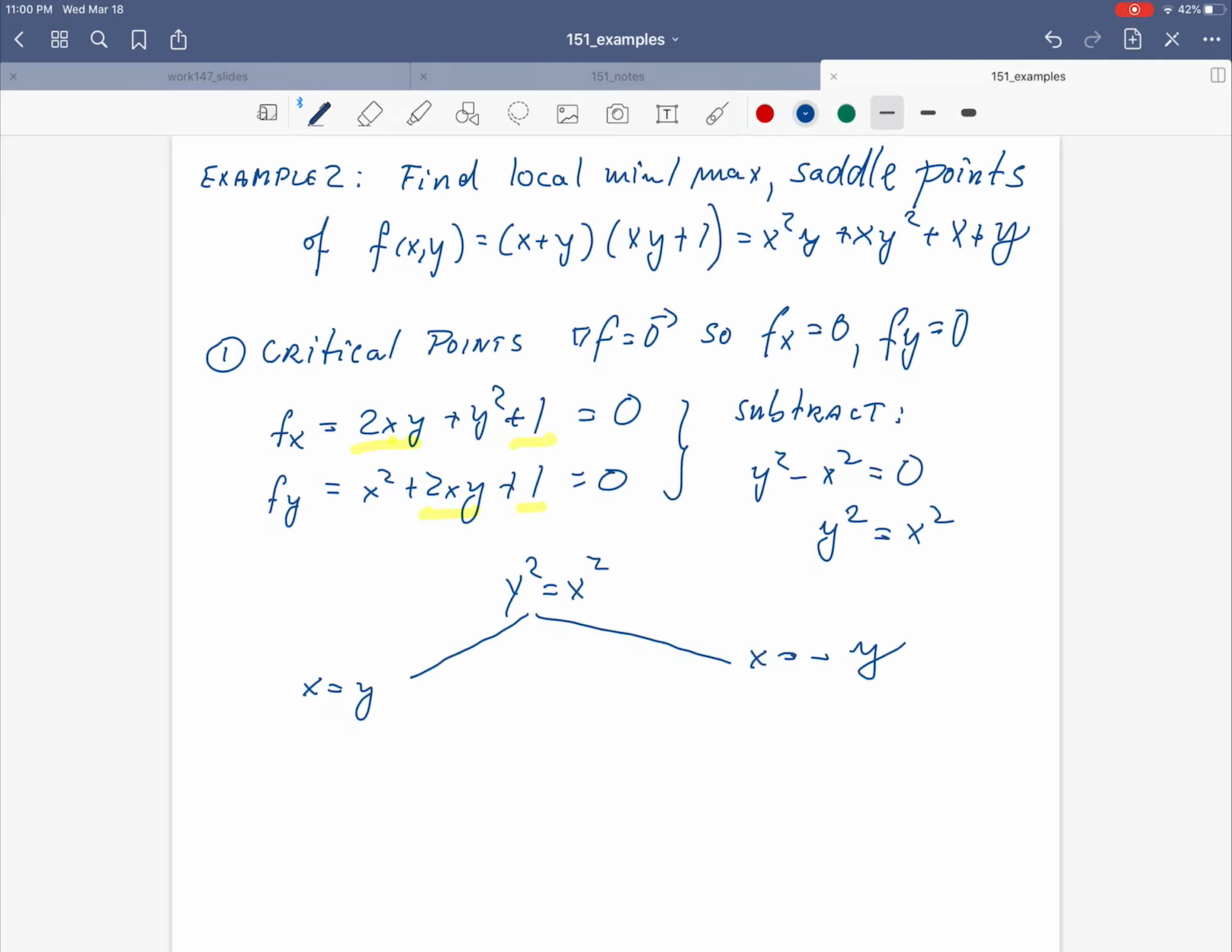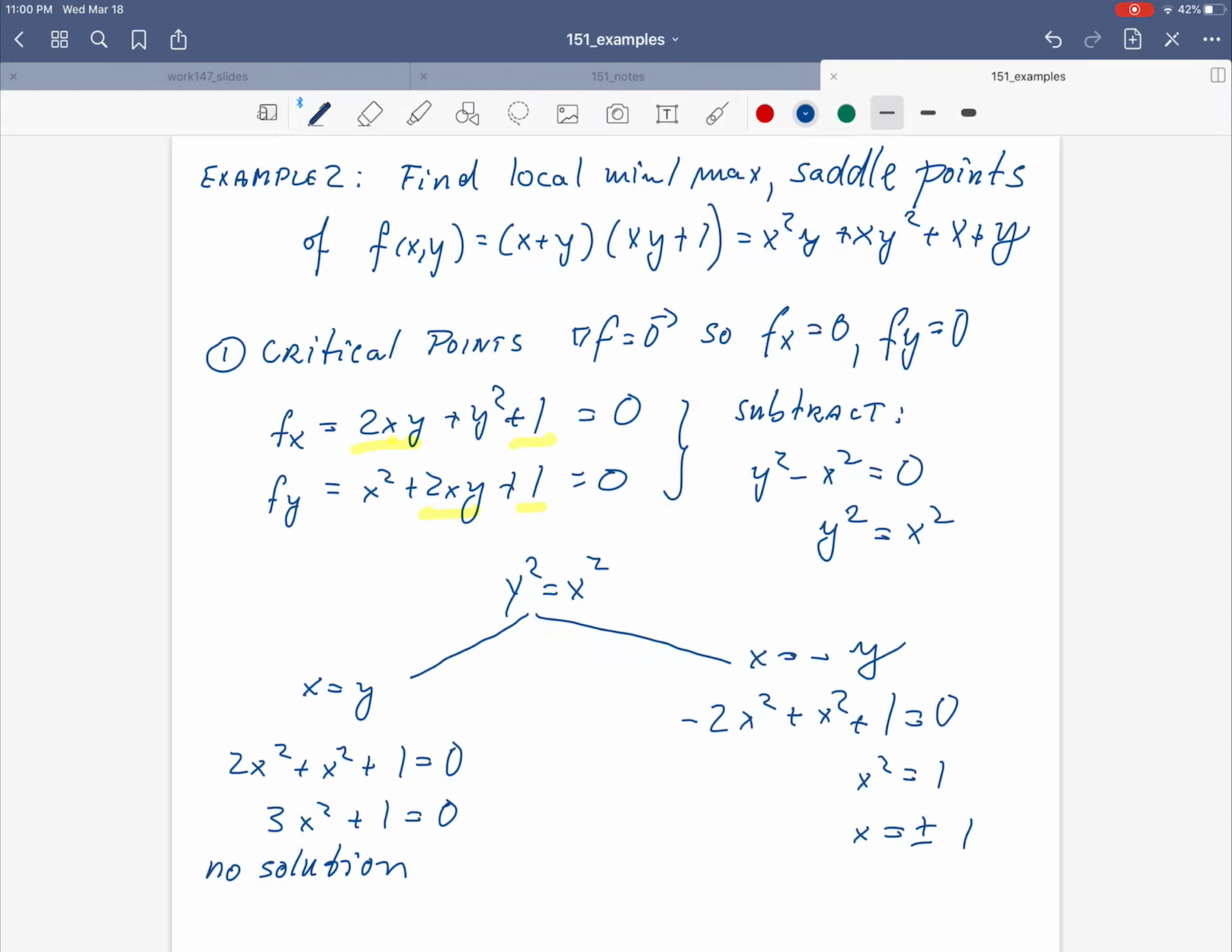If x is equal to y, we substitute, for example, in the first equation, and we get 2x squared plus x squared plus 1 is 0, which is 3x squared plus 1 is 0, and there is no solution, because the left hand side can never be 0. If x is equal to minus y, again we can substitute into the first equation for fx and get that minus 2x squared plus x squared plus 1 is 0, which simplifies to x squared is 1, and we get two solutions: x is equal to plus or minus 1,